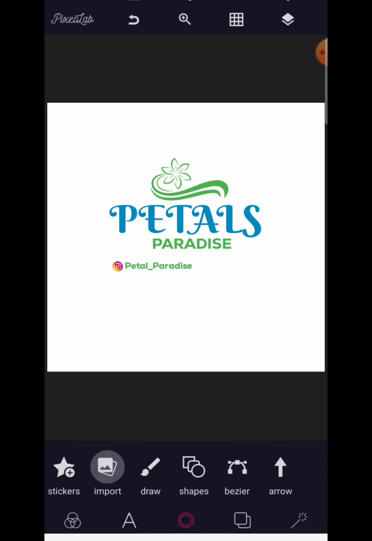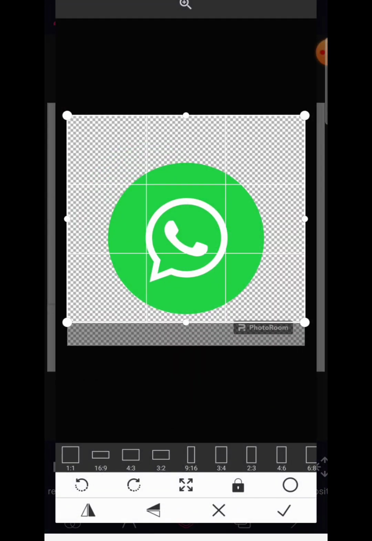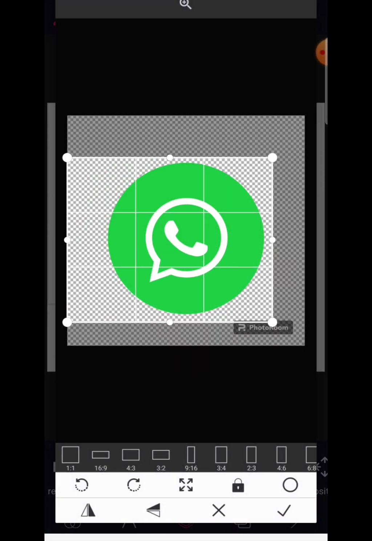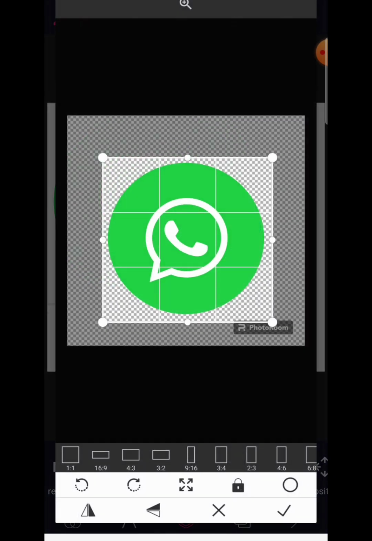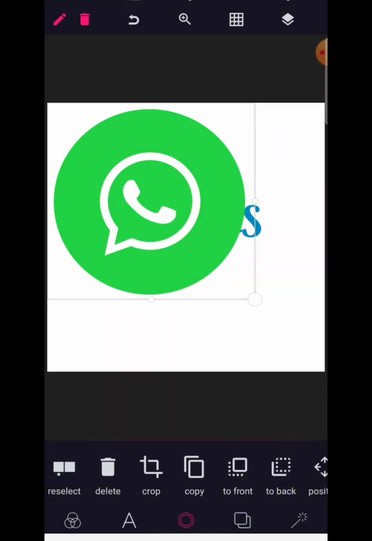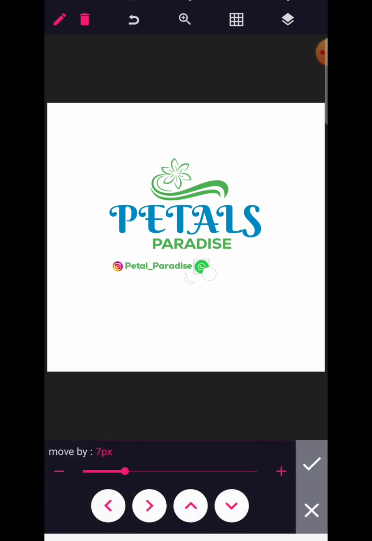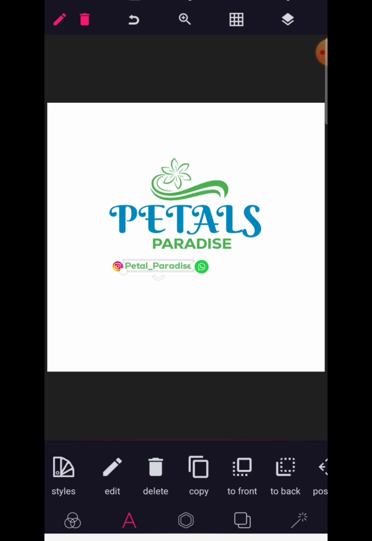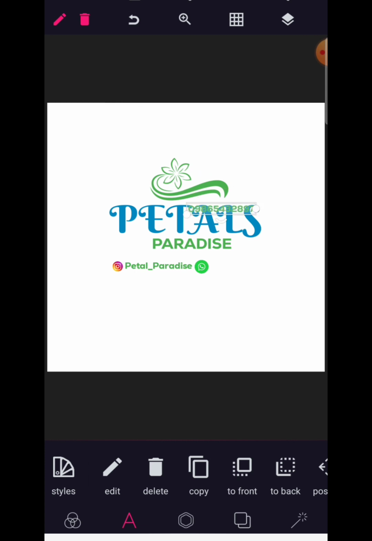Then we're going to bring in the next icon, which is the WhatsApp icon. Let's crop that well and drastically reduce it also in size and position it here nicely. Let's copy this text since we are using the same fonts and write the WhatsApp number. So this is their WhatsApp number,